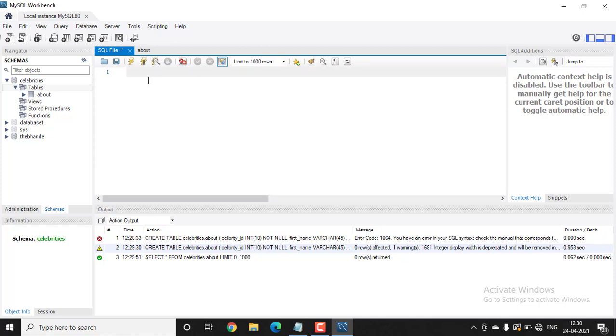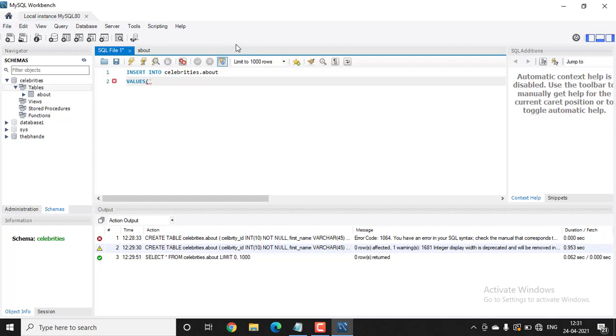Click on this tab and type the command insert into name of database and the name of table and values, celebrity ID.